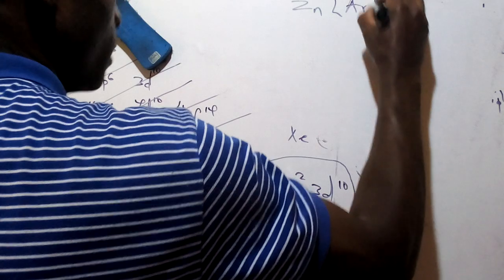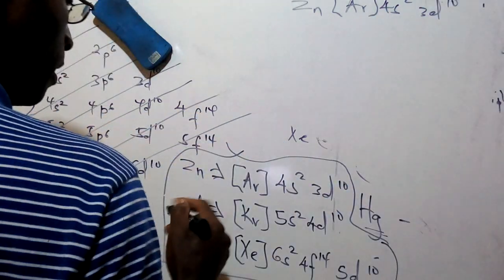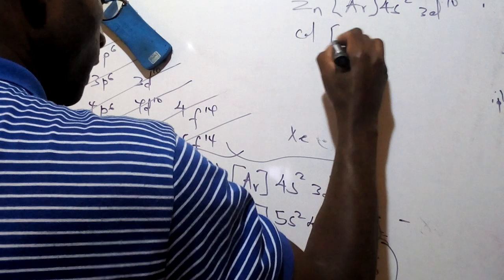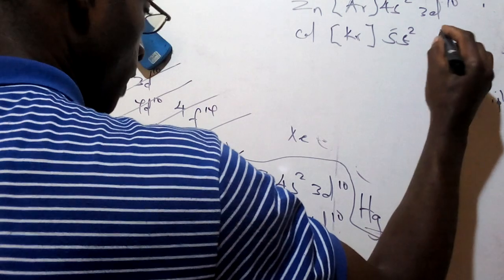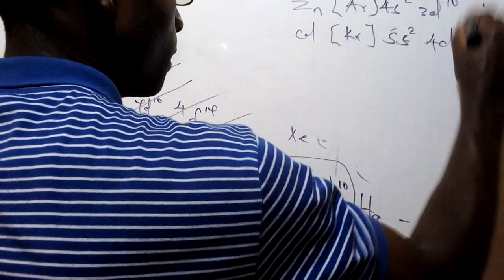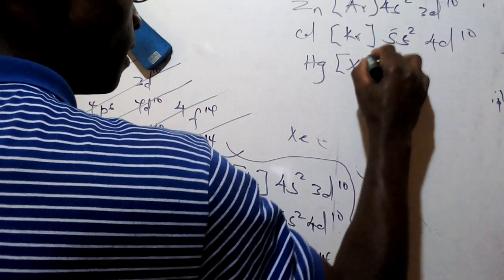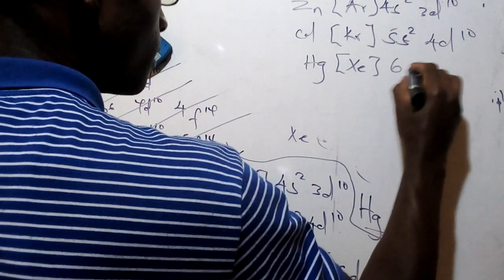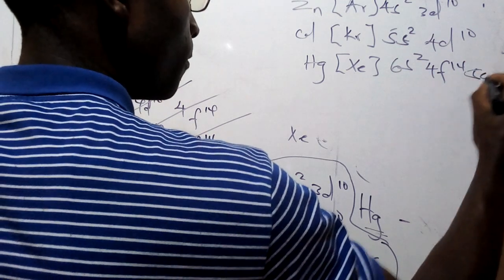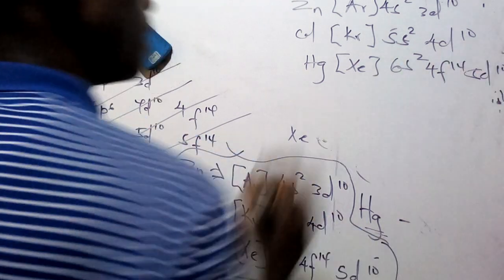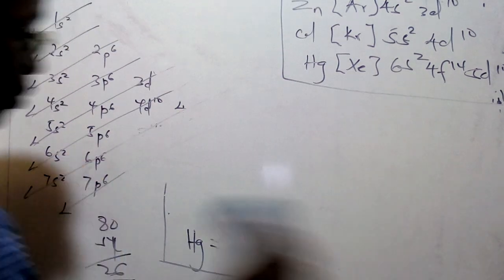So we're going to have this one given as argon 4s2 3d10, and then we shall have cadmium given as krypton 5s2, and then we're going to have 4d10, and then we're going to have mercury given as xenon 6s2 4f14, and then 5d10, given as such. So this information that you have obtained, of course, is going to assist us in trying